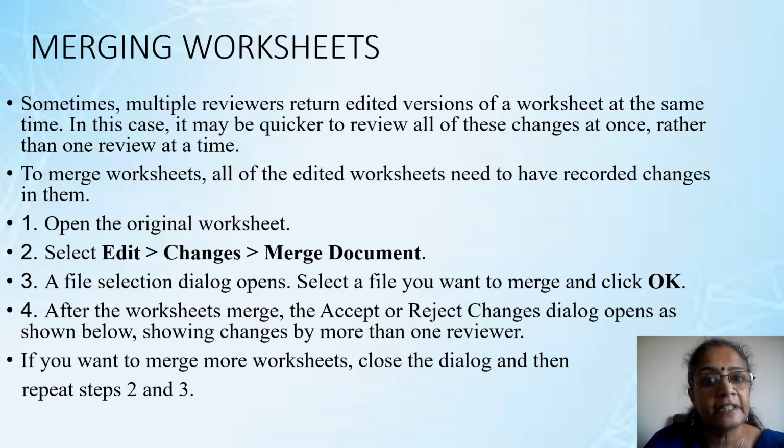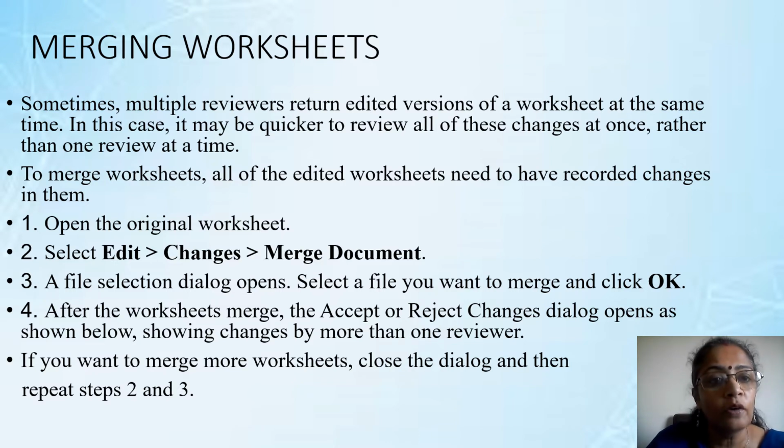Now finally, the same worksheet has been reviewed by different people. You want to merge all of them together into one file, and all the data can be merged together very easily with the help of merging the changes. Whatever changes have been made by multiple people can all be merged together into the original document. That is what is called merging. You can accept changes or reject changes exactly the same way as we have done with the others. Once you have reviewed them, you can accept or reject them as usual.